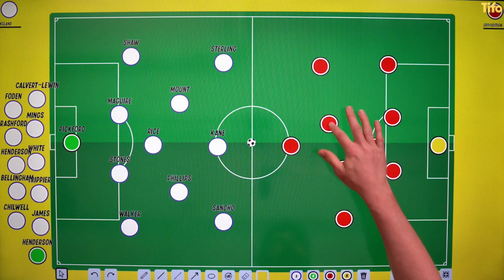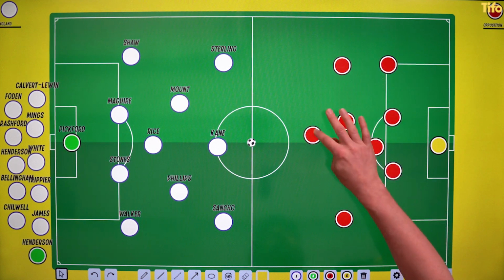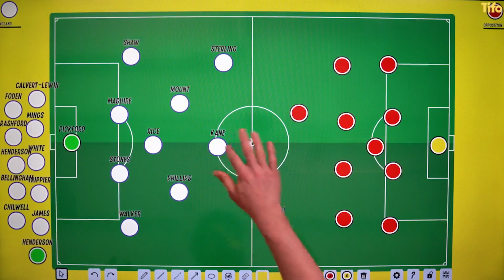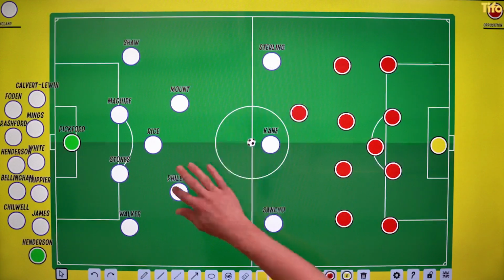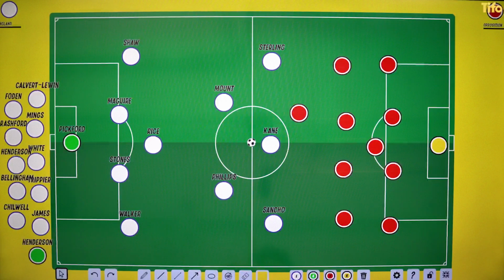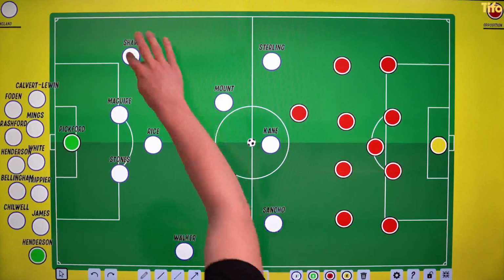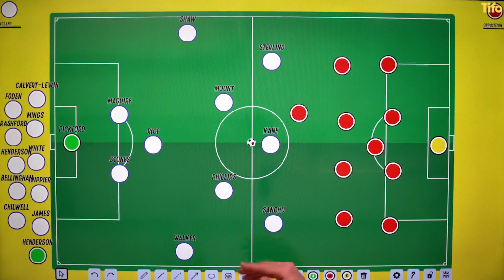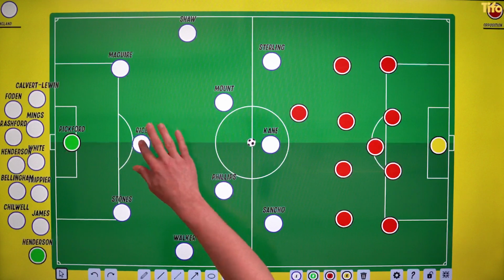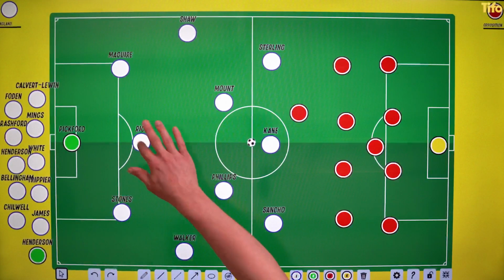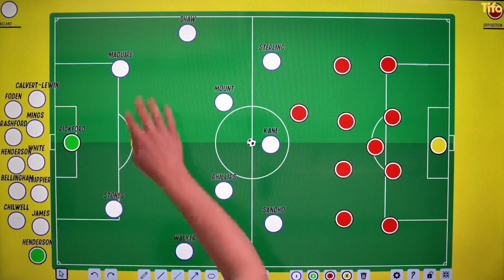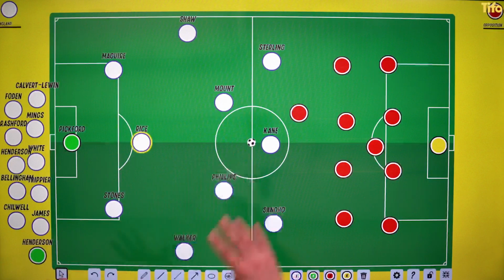If we contract the opposition back to give us a little bit more space, what we'll get here is the wide players pushing up like this, and we'll concentrate on the back four and Declan Rice to start with. So the fullbacks will push up and maintain some of the width. Centre-backs will split fairly wide, and Declan Rice will patrol this area here, acting as a single pivot. The reason we call it a pivot is because the rest of the play can pivot around that.